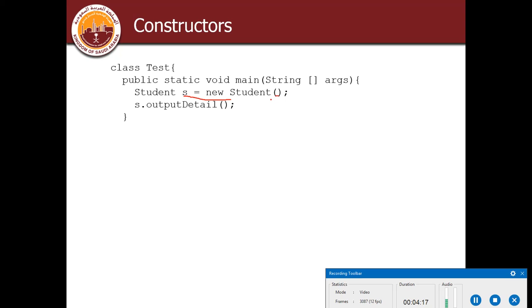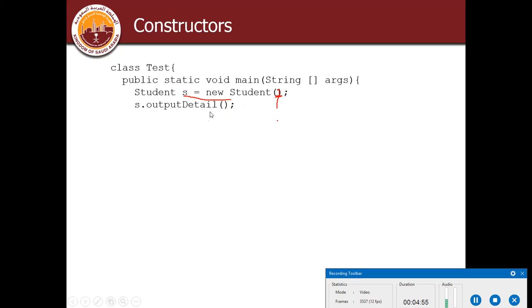There is no need to explicitly make a no argument constructor of a class. It is a default constructor, so no need to make the default constructor of the class. So what happens is that new student calls the no argument constructor of the class and it initializes the values of the instance variables to their default values. So the purpose here is to initialize the value of the instance variables.